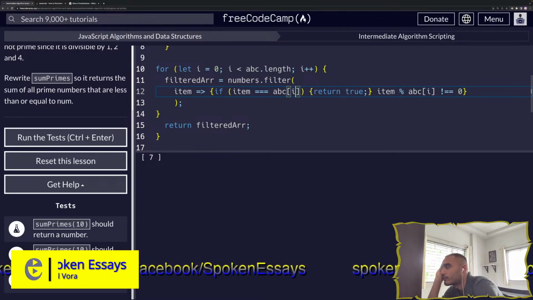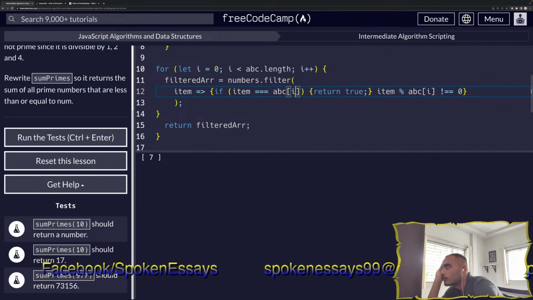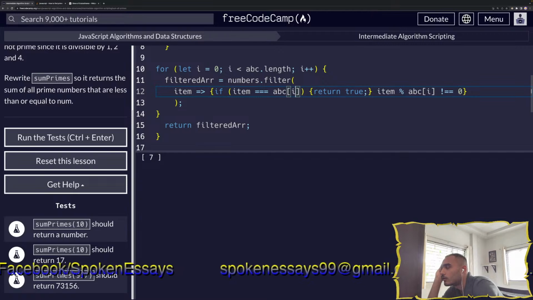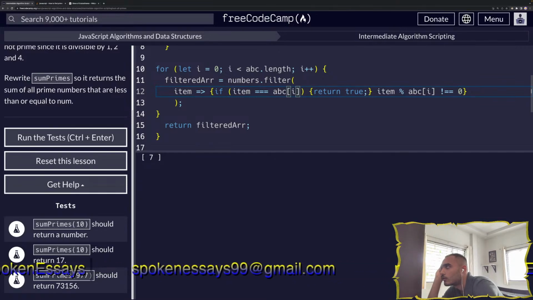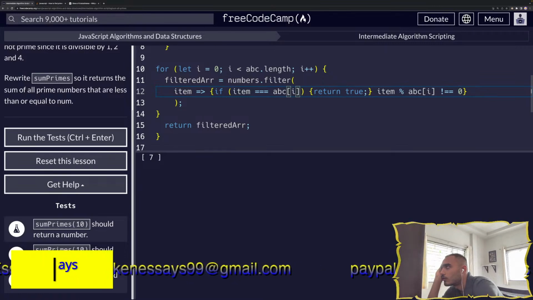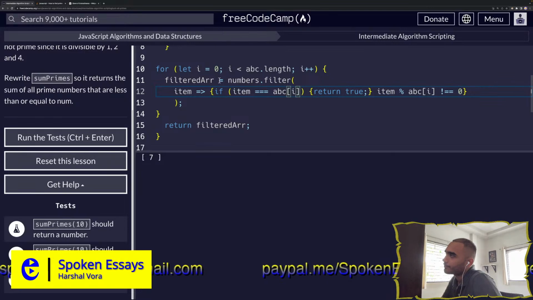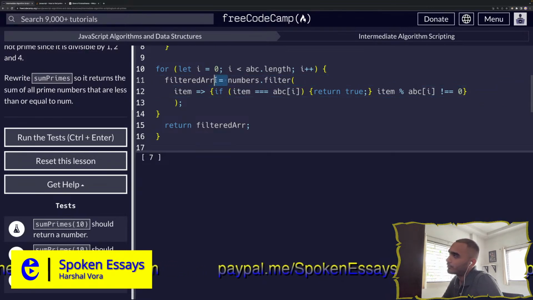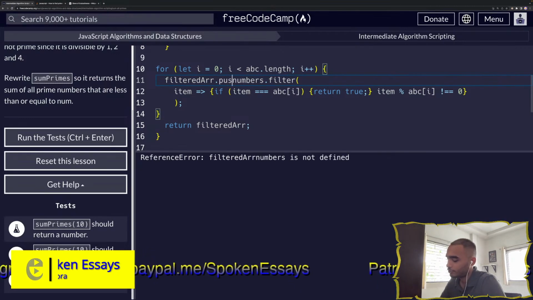With each iteration it will still be filtered out anyway. Can I do that? Instead of assigning it a value, what if I have push